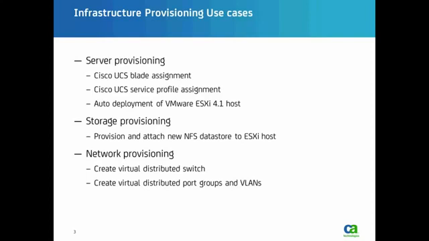And for demonstration purposes, we actually decided to break out the use cases to allow us time to discuss each section. So the first use case was the provisioning of a new VMware ESXi 4.1 host on a Cisco blade. The second use case was to provision and attach a new NFS data store on this ESXi host. And the last use case was to provision the virtual distributed networking components on this ESXi host. So we will demonstrate how we accomplish this in just a second, but first let's have a look at